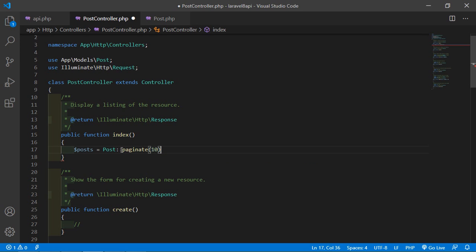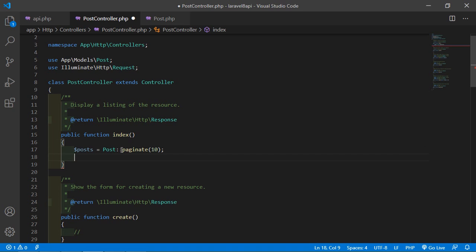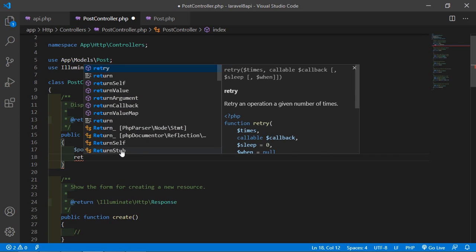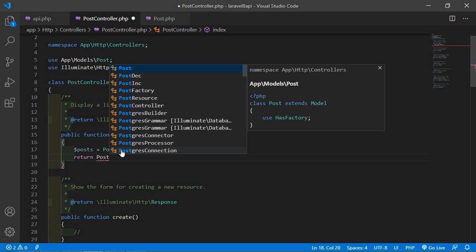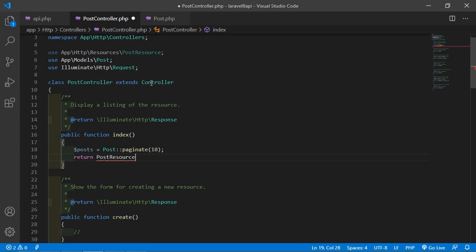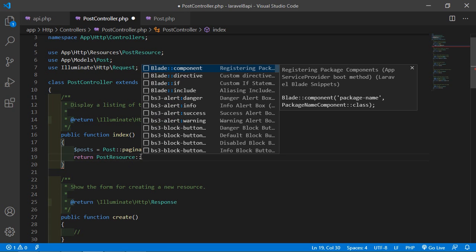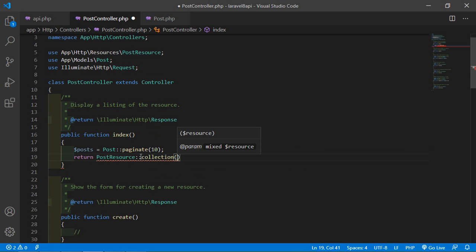So just write here 10, and now return PostResource, also import here PostResource, and now ::collection, and inside this collection just pass here this variable $post.